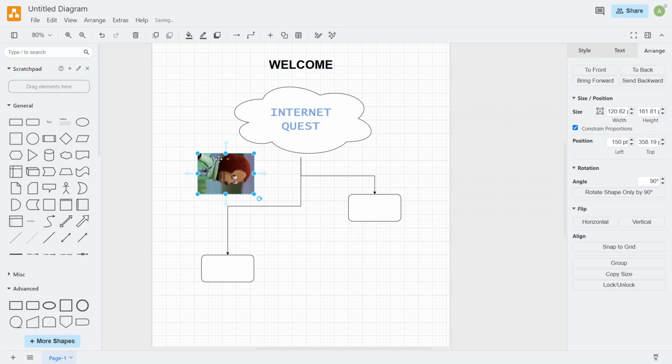If the image needs to be larger or smaller, use the resize handles instead. Click on one of the handles around the image and drag inward to make it smaller or outward to make it larger. This gives you a quick way to adjust the image so it fits properly on your page or works better with the rest of your layout. As you resize, try to keep the image visually balanced within your diagram so it doesn't feel too crowded or